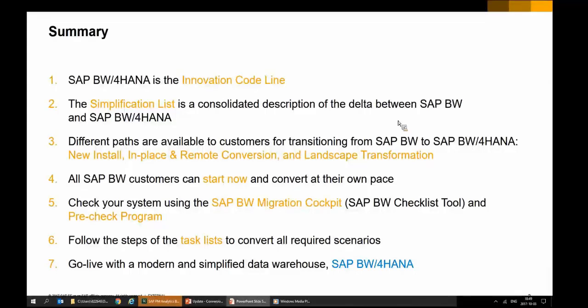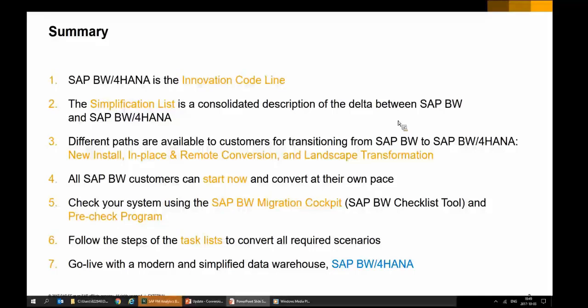You can start at any time, and please leverage the tools that we are providing. The migration cockpit and the pre-check program are great places to get started. It just gives you a very fact-based approach rather than guessing how many cubes you have in your system and how many analysis processes you have that need to be adjusted. You get actual numbers,